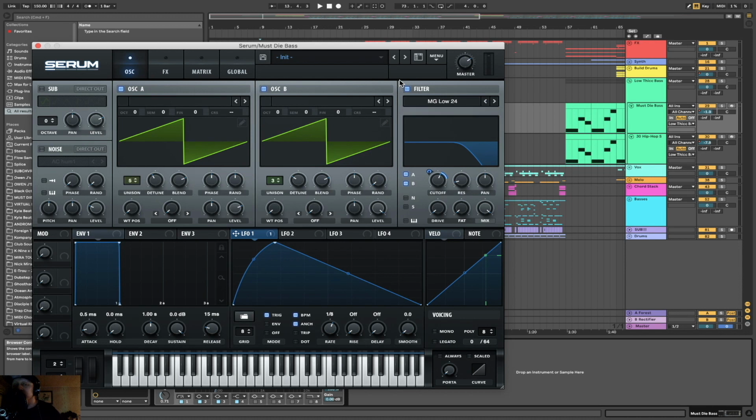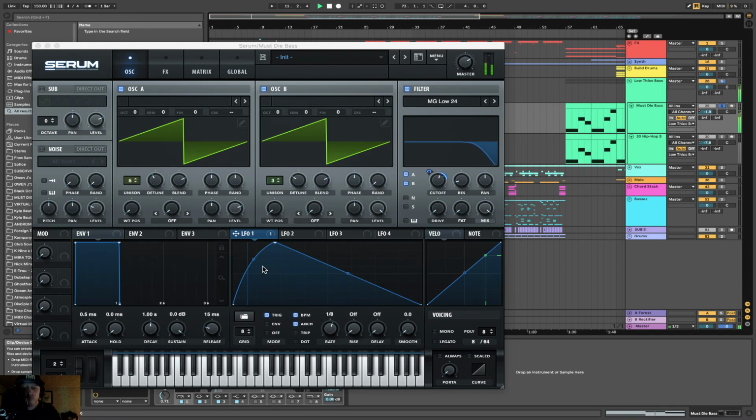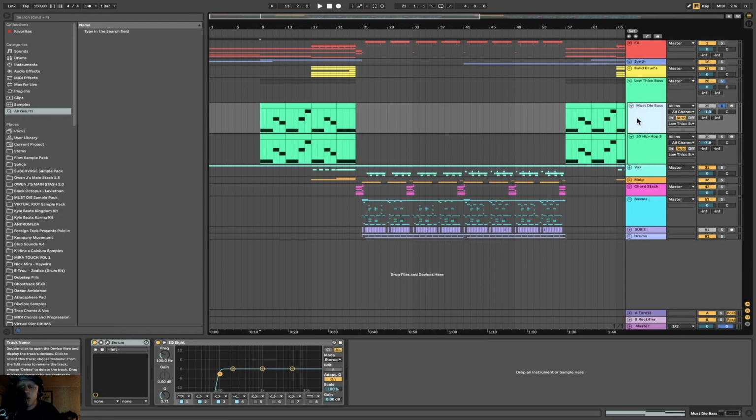And for the filter, we have an MG Low 24. The cutoff is sitting at about 7 to 800 hertz, and then it's being modulated up 22. And then you make this shape with the LFO, and the LFO is only modulating the cutoff. So it sounds like this on its own. Really simple. And then for the EQing on that particular channel, I just cut everything under 100